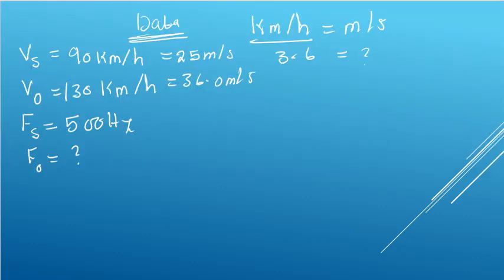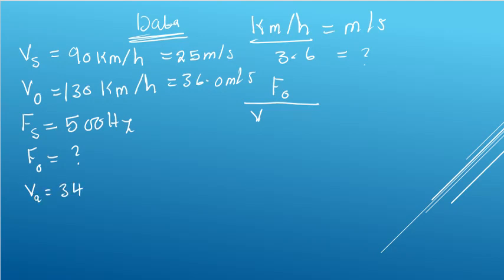Now, remember the situation. They are moving towards each other. So when they are moving towards each other, what formula do we use? Of course, frequency of the observer over the velocity of sound, of which velocity of sound in air is always